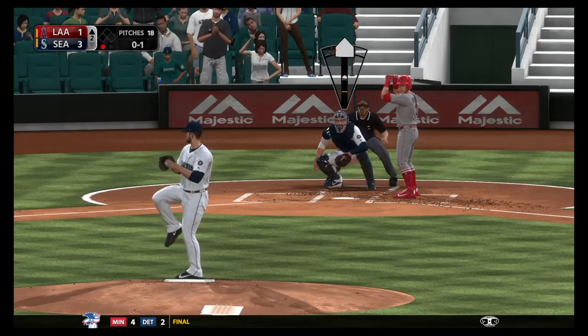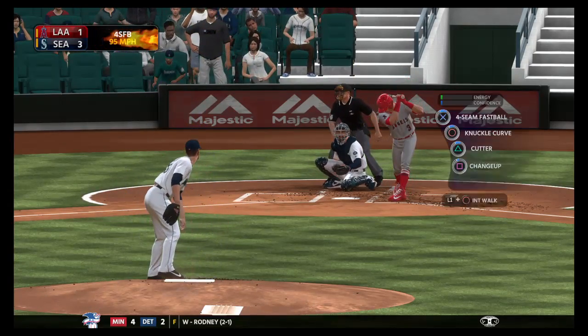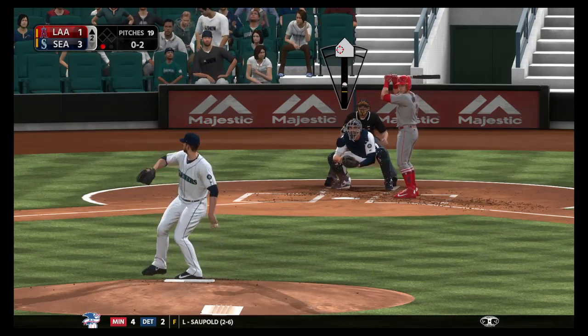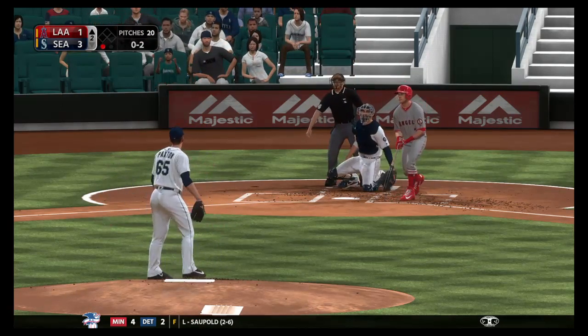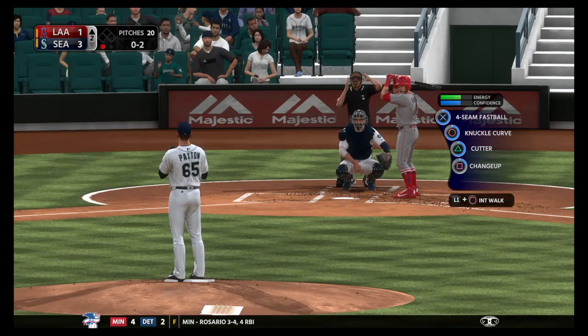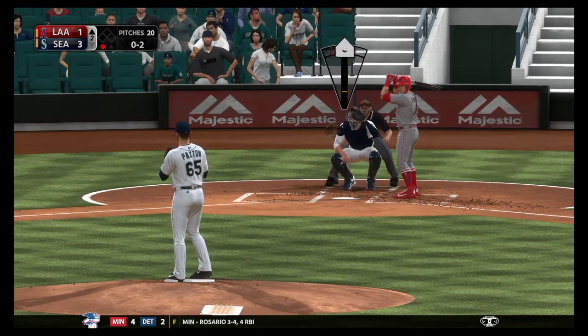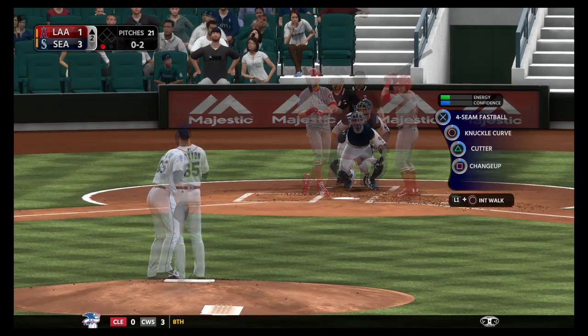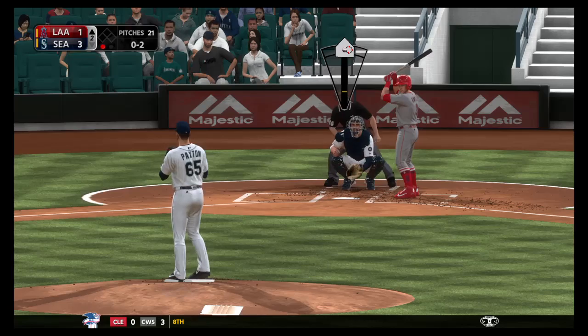Into the windup. Here comes the 0-1. Swing and a miss at a ball well off the plate. 0-2 count. Here's the pitch. Swing and a little tapper. That's a foul ball. That wasn't a terrible pitch right there, but if he's going to execute and get this swing and a miss, he's going to have to get that ball a little bit further down, maybe even potentially